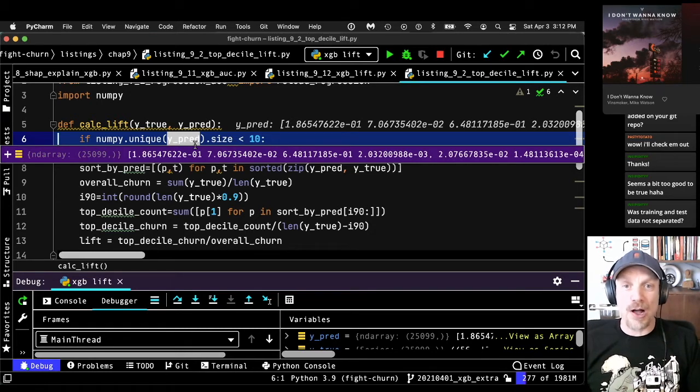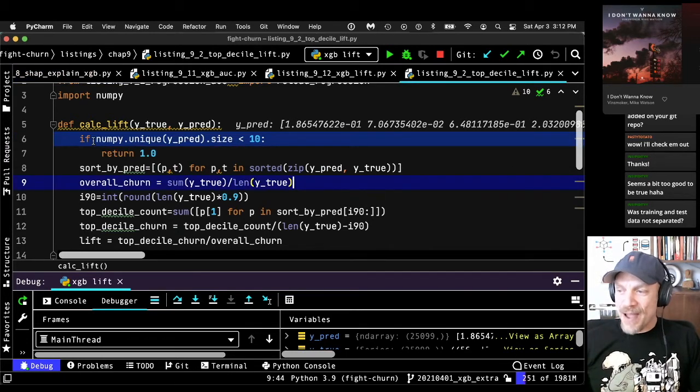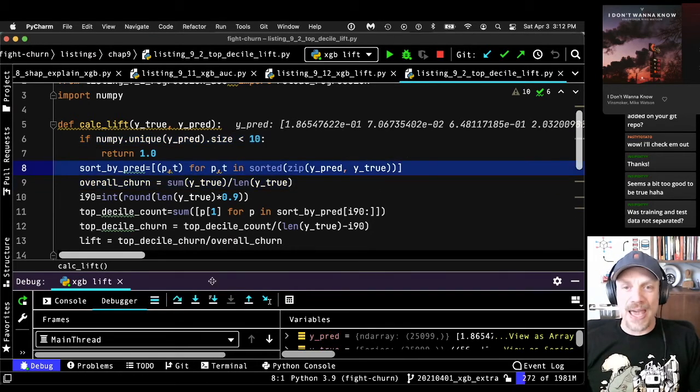Now that would cause the lift code to crash. Because remember, we need to look at the top decile of predictions. So I have a simple check here that there are at least 10 unique predictions. Then we'll go ahead and use the algorithm. Now in this case, there are many more than 10 unique predictions. You can see that there's a whole range of predictions.